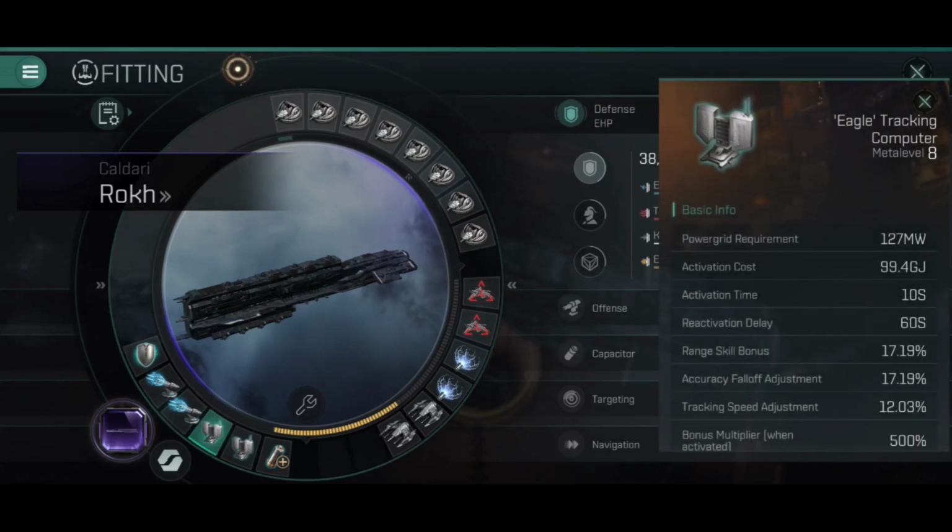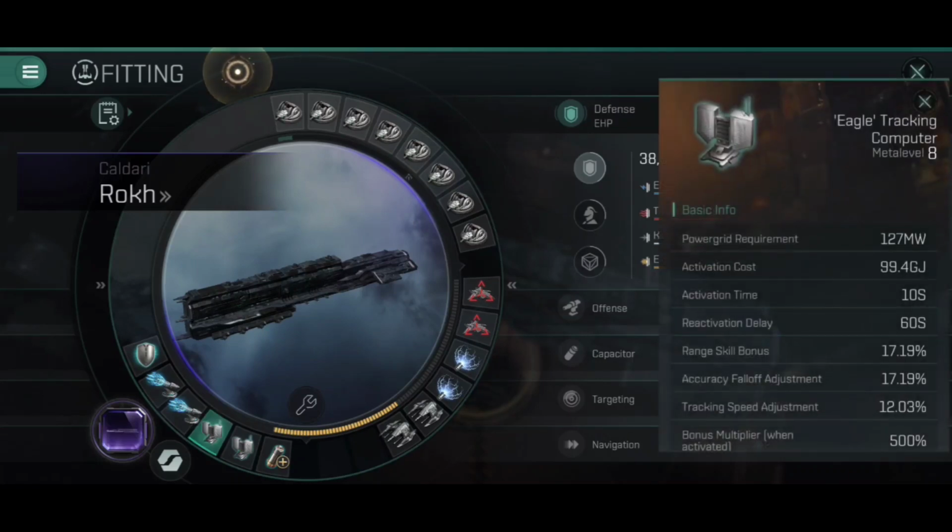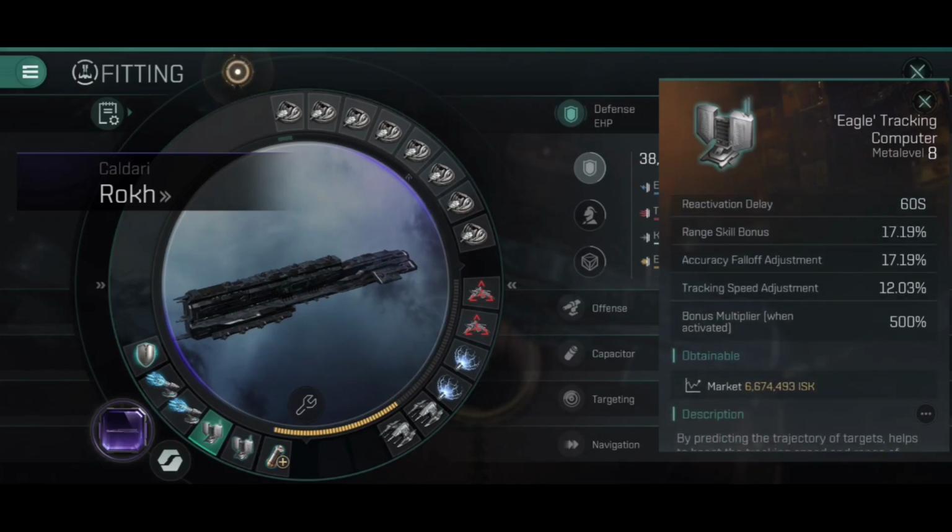My next two low slots are Eagle tracking computers. These increase the optimal range, the accuracy fall off, and the tracking speed of the turrets, which is how we have that, what was it, at 91.92 kilometers optimal range there. And when you activate these, you can go even further. I think the optimal range boost with both of these activated puts it all the way up to like 167 kilometers for optimal range. Then you've got your accuracy fall off on top of that as well, meaning you can hit from some really quite insane distances,